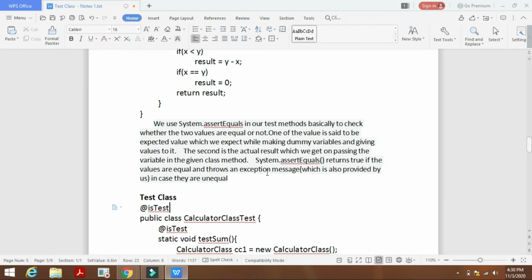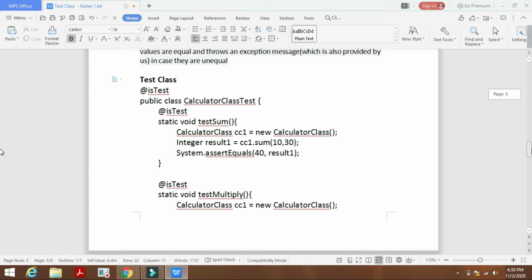System.assertEquals passes if the values are equal. If the values are not equal, it will throw an exception message. Okay, so let's go for the test class for this calculator class.